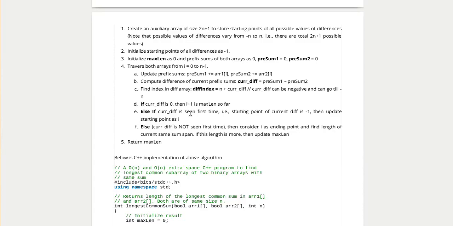So we'll just update the diff array with the value i, so that if in future we again come across the same difference, we will know that we already came across it at i, and we can calculate the difference of the new index with i to know the span of the subarray where the sum is the same.